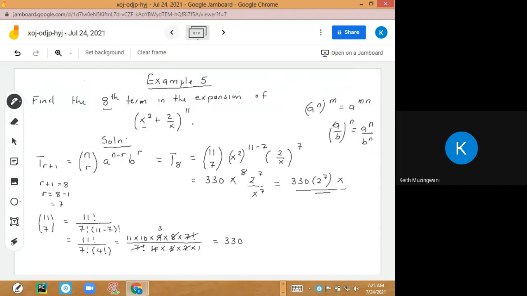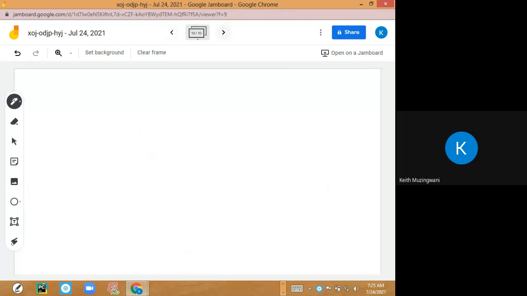of this nature. Example 6. So example 6, you should expect the term mentioned in this way. Find the term independent of x in the expansion